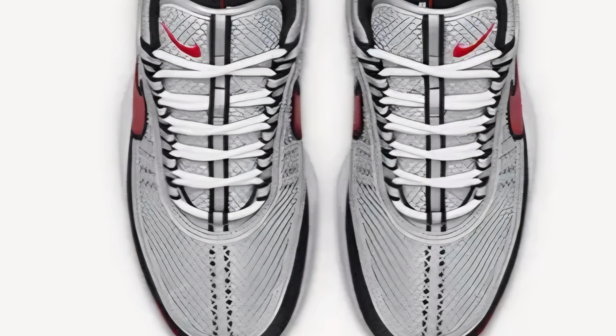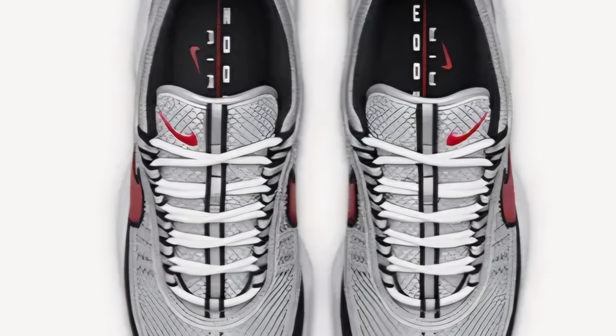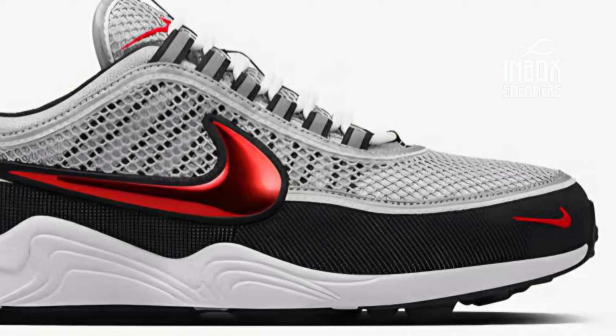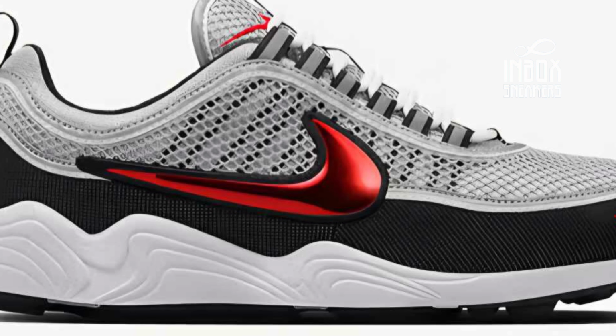Devin Booker continues to build steady momentum with his second signature sneaker, the Nike Book 2, and his latest on-court appearance has revealed a fresh new colorway worth watching. Spotted during warm-ups in Los Angeles, Booker wore the Nike Book 2 Spiridon, offering a clear nod to early 2000s